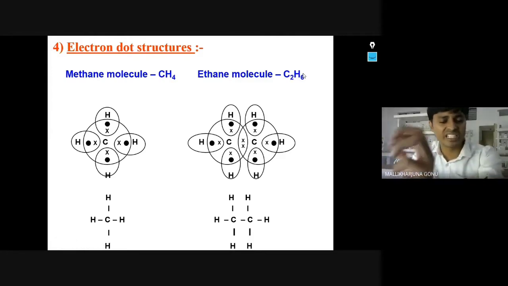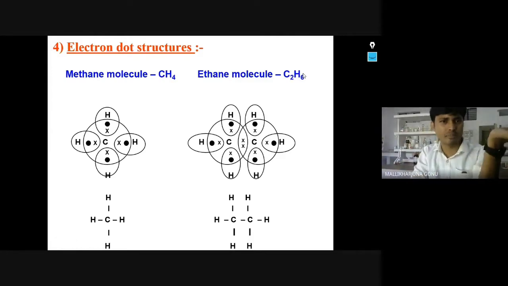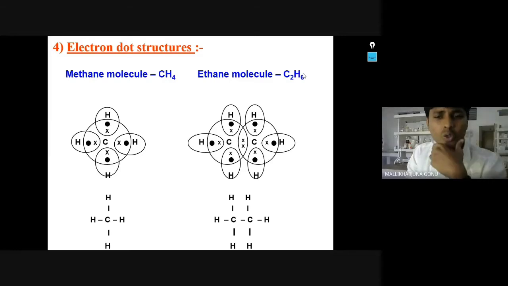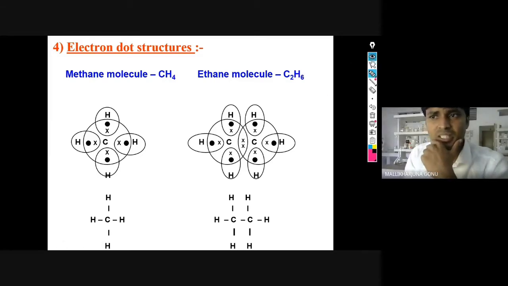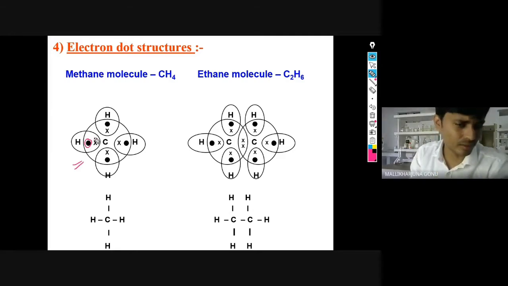So now it is clear. We discussed this in the last class, and I have revised it once again, which is very important. So how to show the dot structures? This is how you have to show the dot structure. One electron of hydrogen, you can show with different types of symbols. For carbon you can represent with a different symbol, and if you are showing different elements, you can use different symbols. That will be easy for you. This is the hydrogen electron, and this is the carbon electrons.